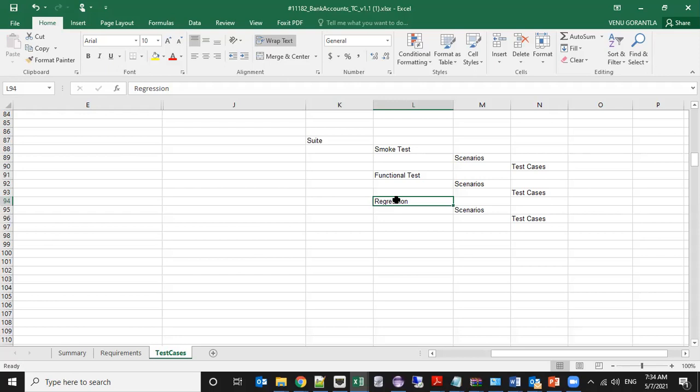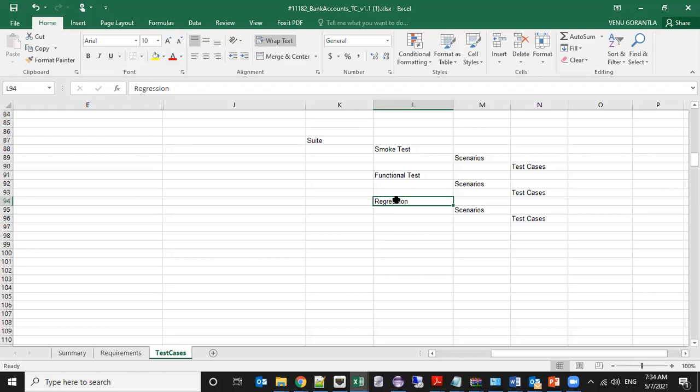Whether any changes done for adding a user impact these areas, whether he can send money, deposit money, or receive money, you will check in the regression.